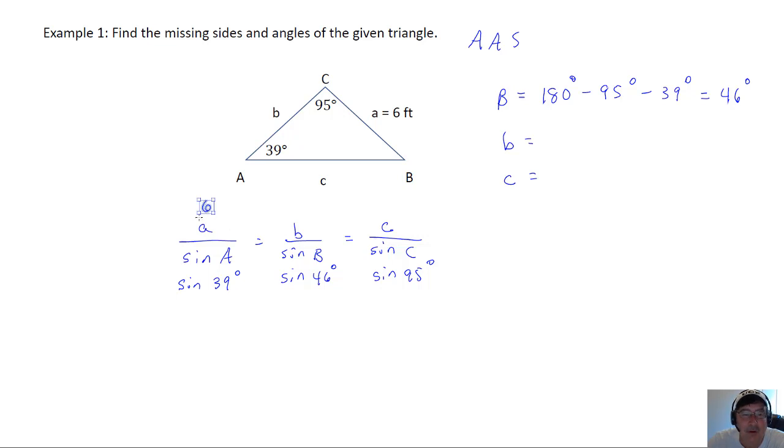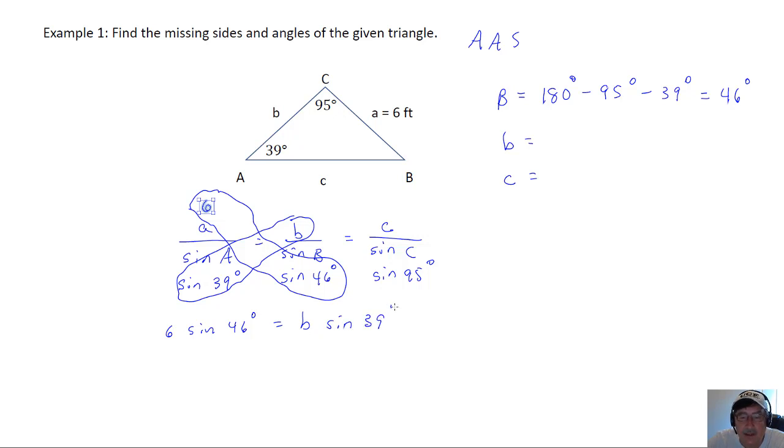Remember, cross products of equal fractions are equal. So I'm just going to go ahead and cross multiply and set these fractions equal, which you're allowed to do. So 6 times the sine of 46 degrees will equal B times the sine of 39 degrees. And I think y'all will agree here, once you see that relationship, that you can divide both sides by the sine of 39 degrees, and that will give you